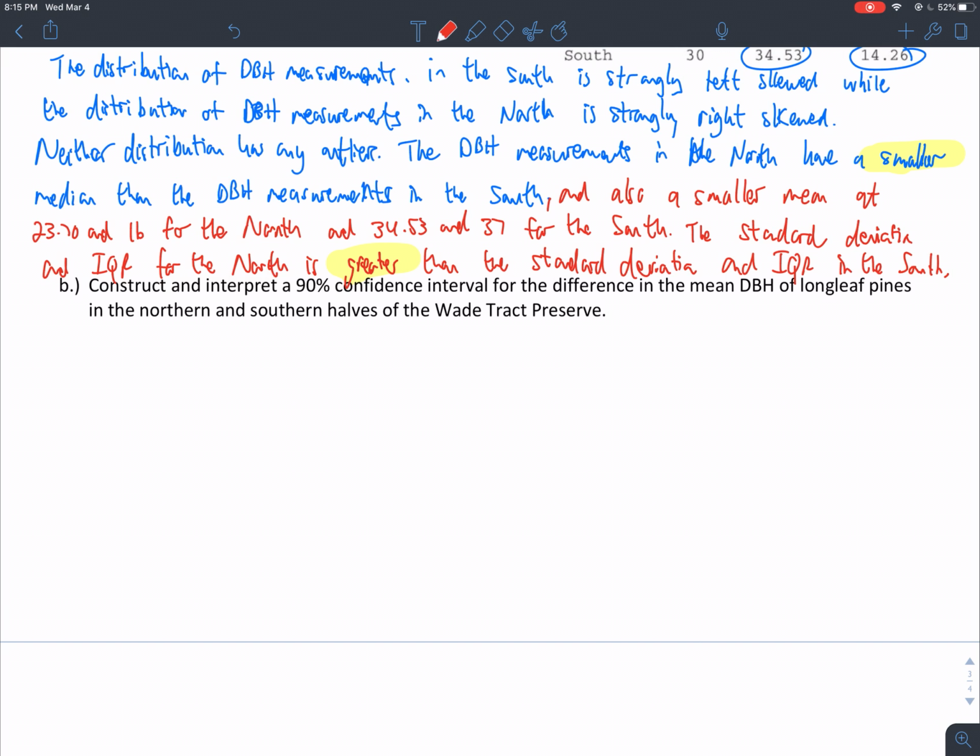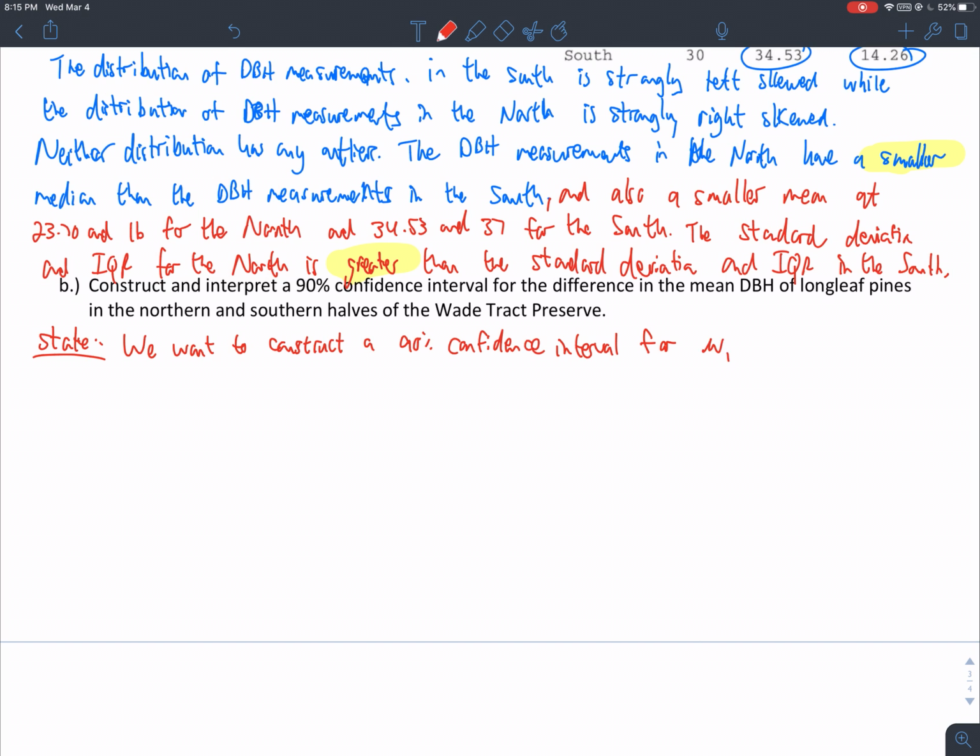construct a 90% confidence interval for the difference in the mean dBH of longleaf pines in the northern and southern halves of the Waite-Tract Preserve. All right, so state. Let's follow our 4-step process. State, we want to construct a 90% confidence interval